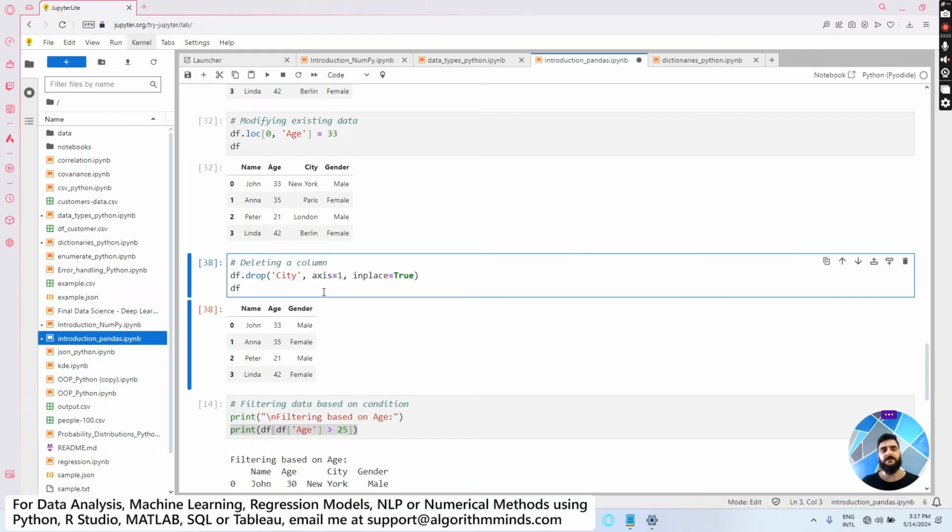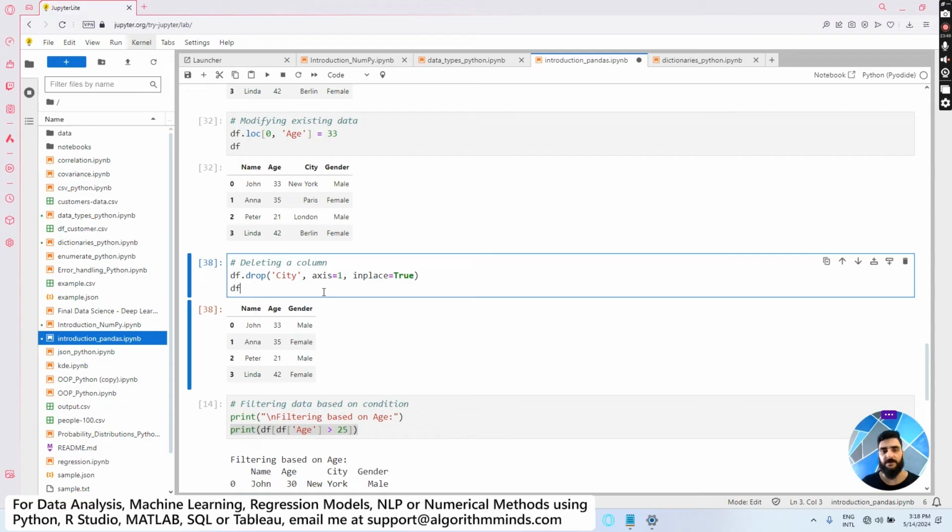Now let's move on and discuss how we can drop a column in our data frame. For example, you have imported data from an Excel file that contains multiple columns, and some of these columns are not of your interest and are just unnecessary columns that you need to drop. So how can you drop them? Well, it's quite easy to do. We will use the method called drop